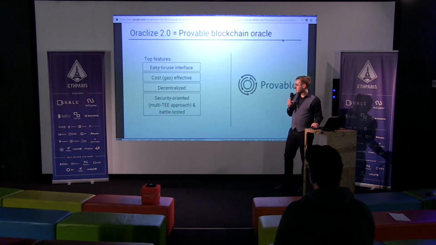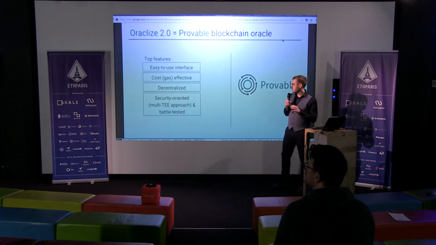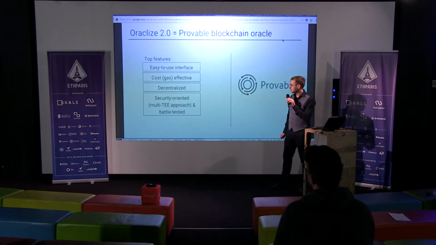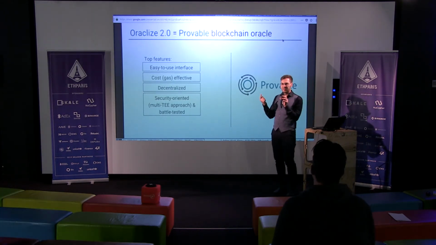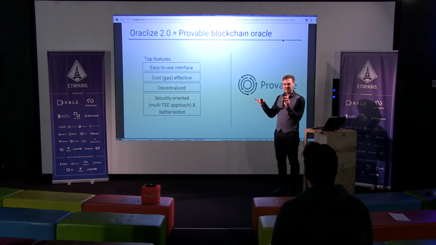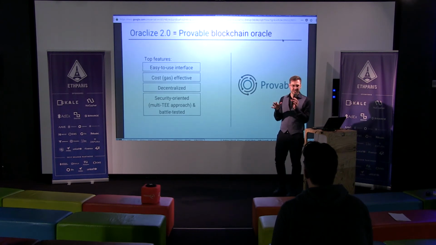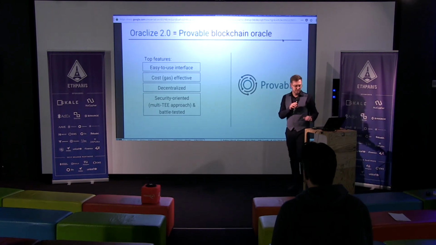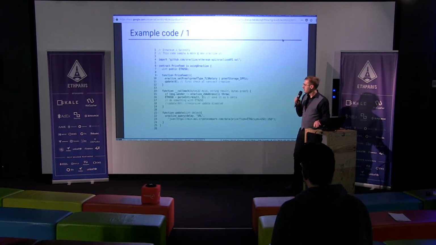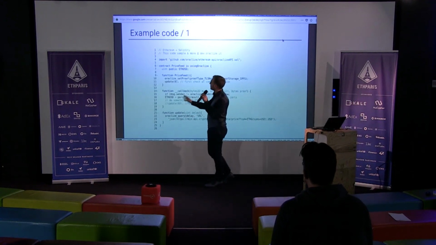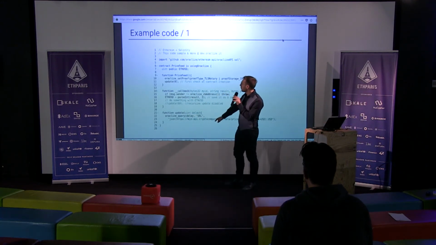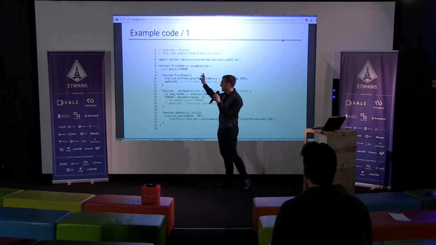So basically, these are the features of the provable service. And in general, the existing interface we have is very simple. Typically, you just use one function where you specify the URL you want, which is the API call in 99% of the cases you want to make. You will see an example shortly. It's really simple. Basically, this is the line of code. This is a Solidity contract. It's quite old. I will show you an updated version in a second, but the logic is the same.